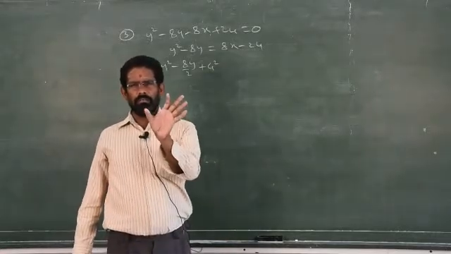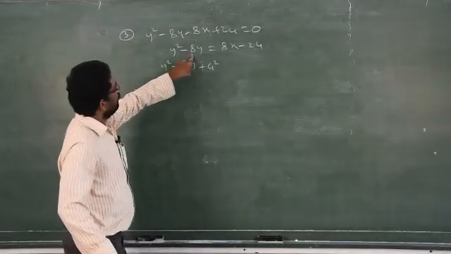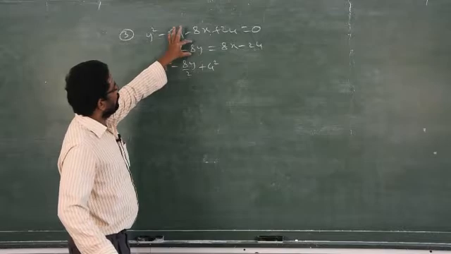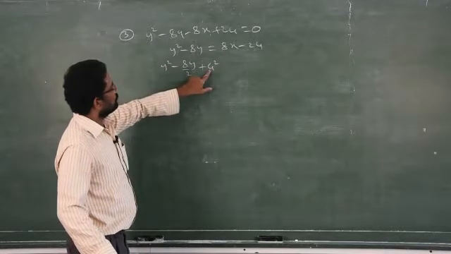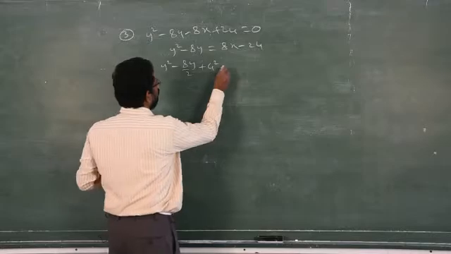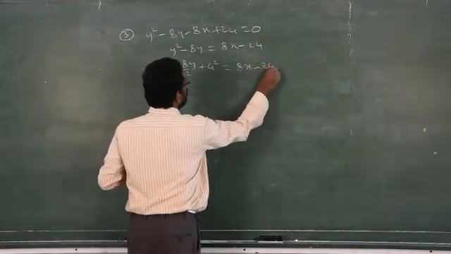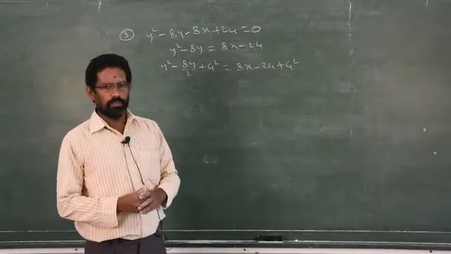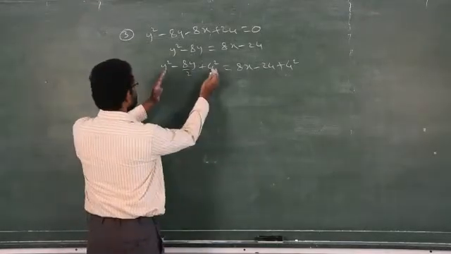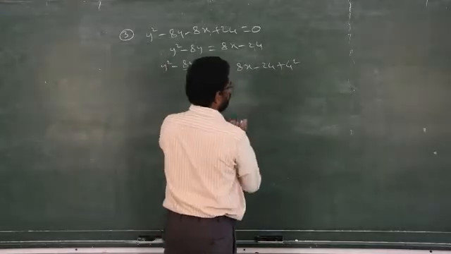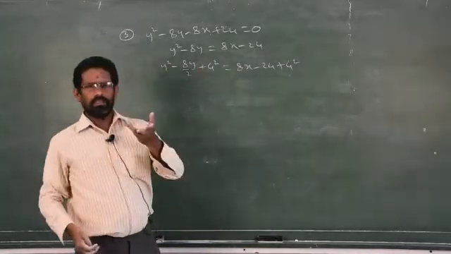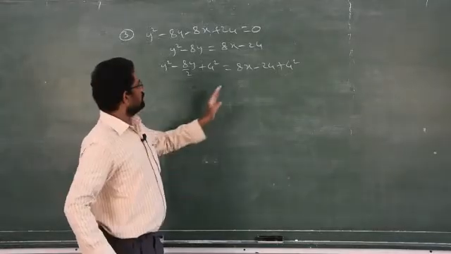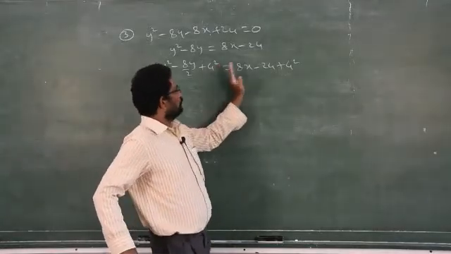To apply the completing the square method, you should always divide this number by 2. Divide 8 by 2, you will get what? 4. So square the number and add. To balance the equation, you add on the right side also, then only the equation will be balanced. Clear? So add on the left side and also the right side. Some of you may think of add and subtract. Anyhow, the next step is to take the minus 4 square to the right side.